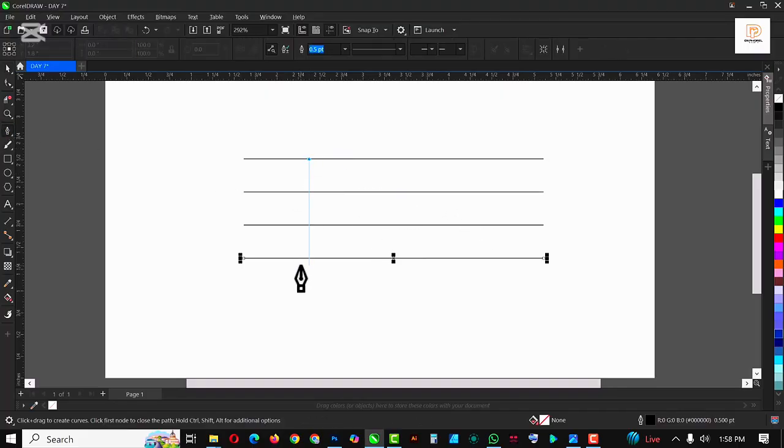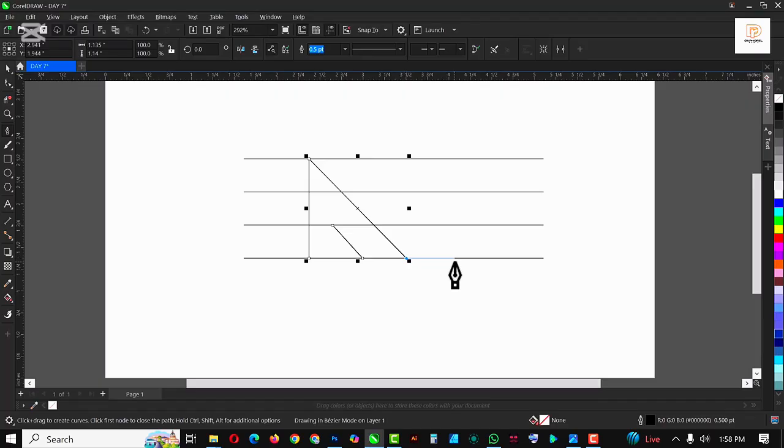So I'm going for the pen to select. Make sure you're holding down Shift to have a straight line like this, and double click here to end the line. Click here and click here again to make this first part, and click on this part. I'm trying to get the end shape, right? So move it upward like this, move it to this point here, and also I'm just going to be ending it here,